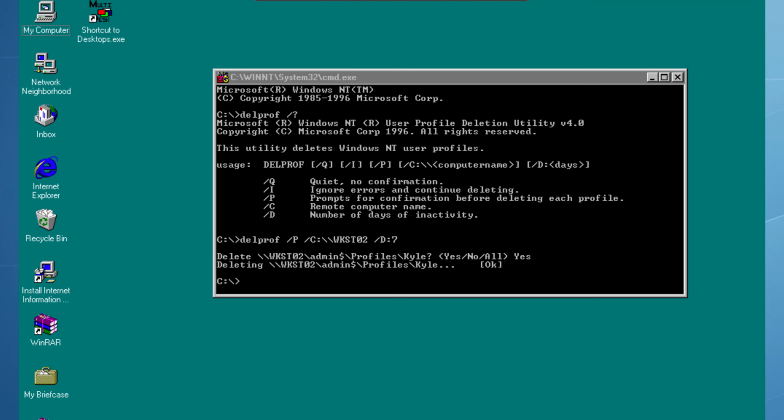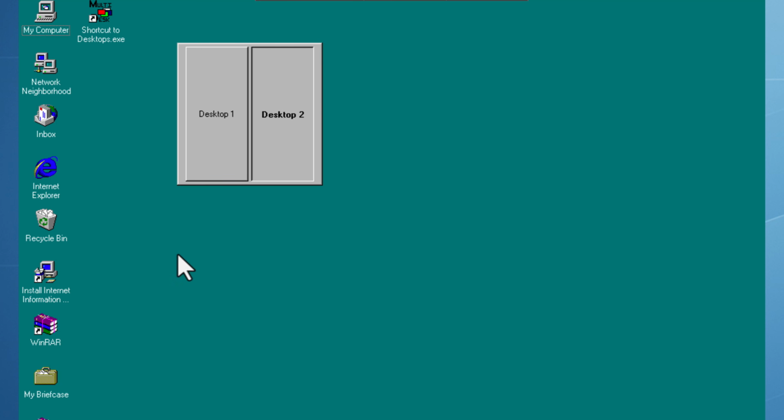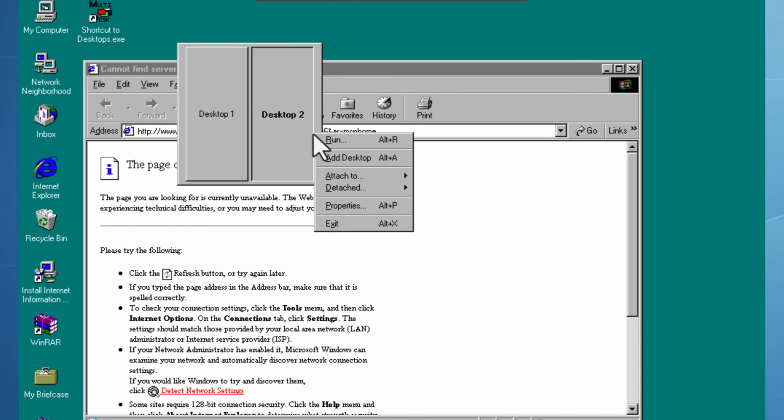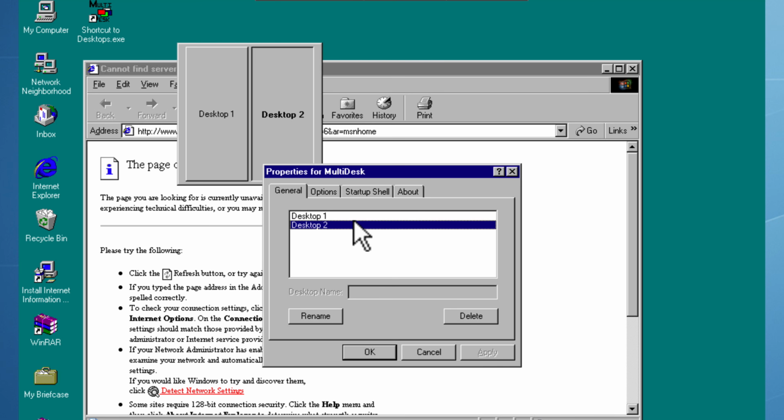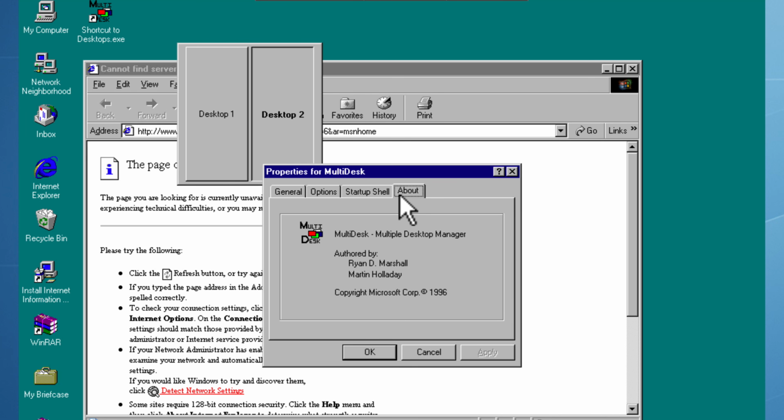One of the biggest limitations for an NT administrator was screen space. Back in the 90s, I always had a small monitor, 14 inches usually on the server, which meant working was pretty difficult. This tool was created, MultiDesk for NT, which enabled you to have virtual desktops, which in reality meant you could click a button and switch from one set of open windows to a fresh desktop with another set of open windows, which, although not allowing you multiple monitors, was pretty handy if you wanted to keep one page